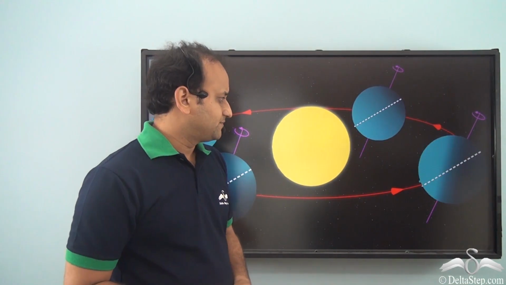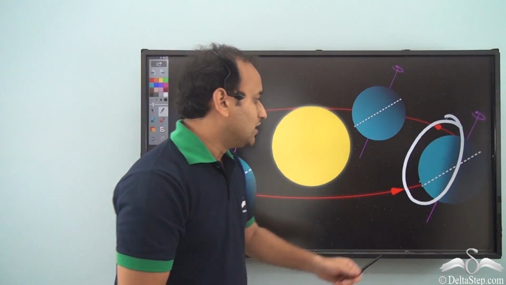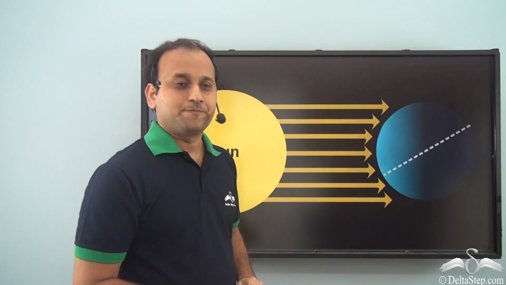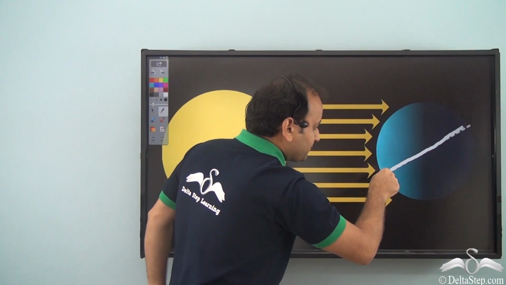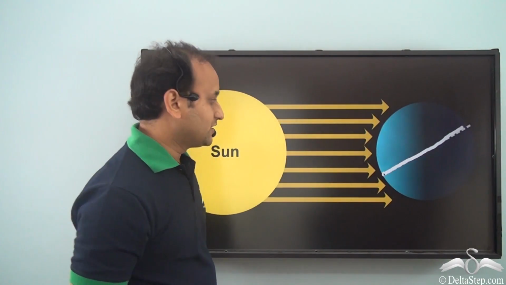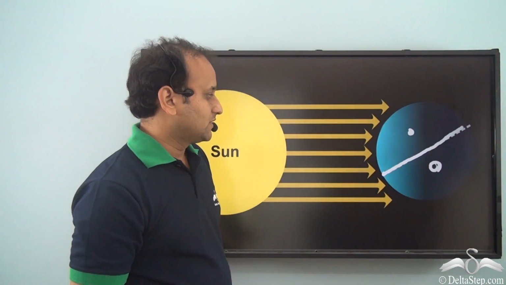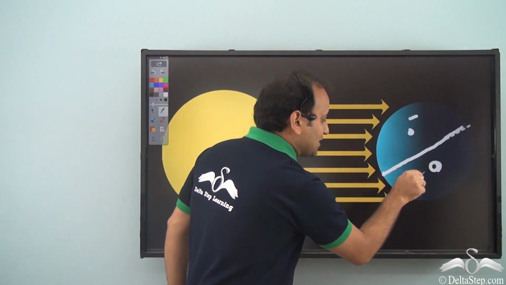Now let's see another position. What about this particular position? What happens when earth comes here? Let's see. Here, first of all, let's consider an imaginary line which is different from the axis of the earth. This line divides the earth into two equal halves. Now, in the previous condition, we had seen that the upper part was getting less sunlight and the lower part was getting more sunlight. That is why the lower part had summer while the upper part had winter.